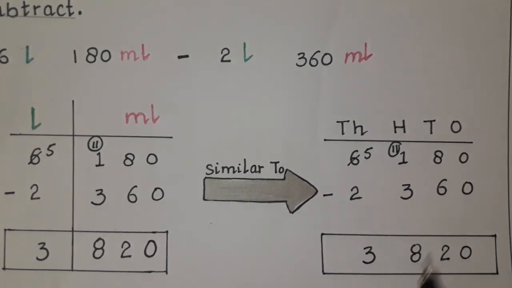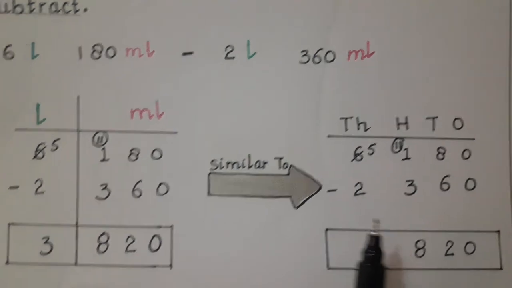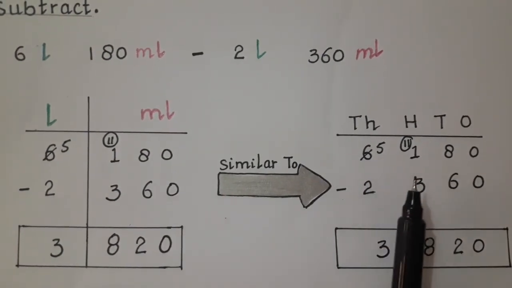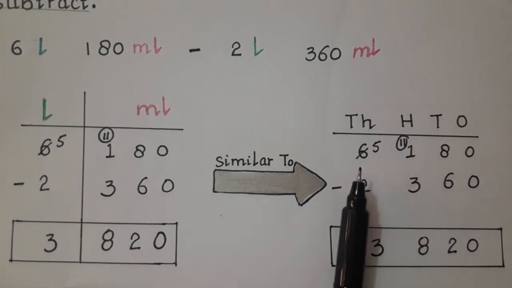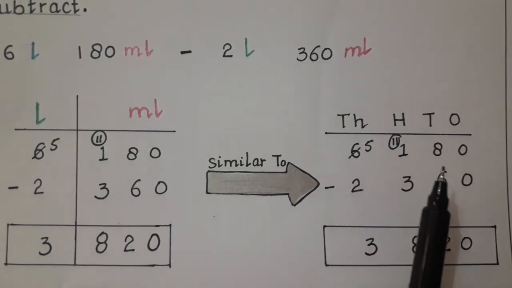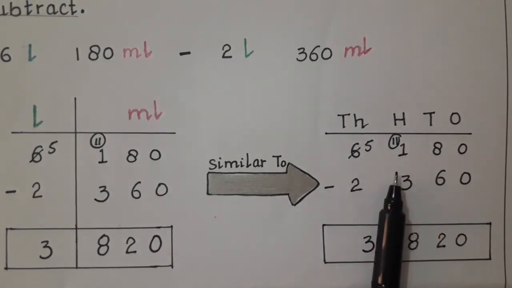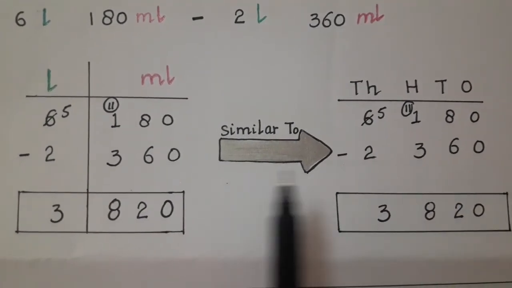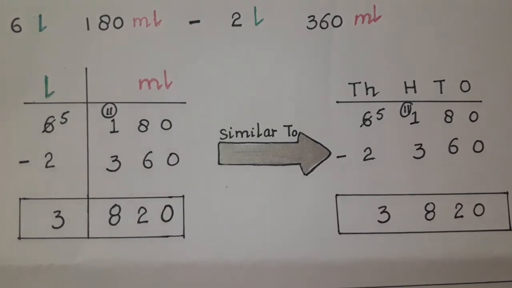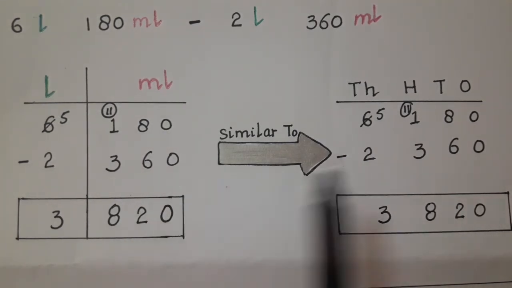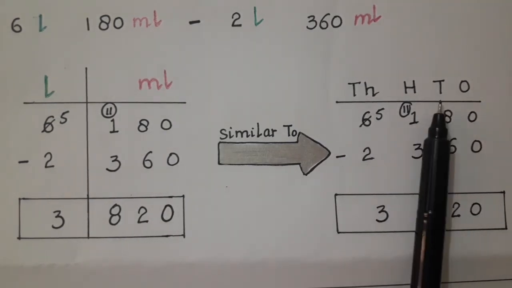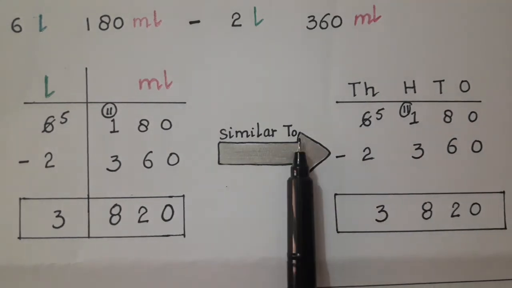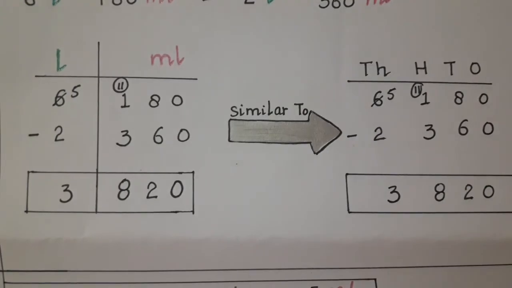So why did I tell you both of these methods? Because I just want to tell you that this is the same question as you have done in your previous classes. So just don't worry about it. These are simple addition and subtraction questions which have the same method as you have done already in the ones, tens, hundreds and thousands places. So we get the same answer. That's why this is similar to this type.